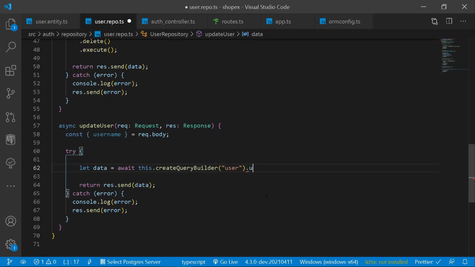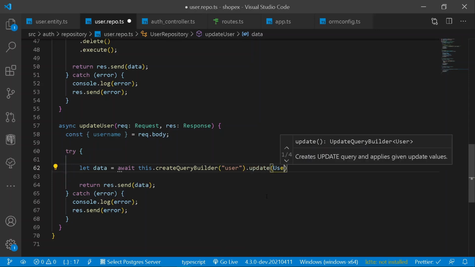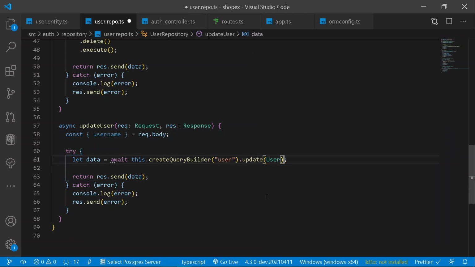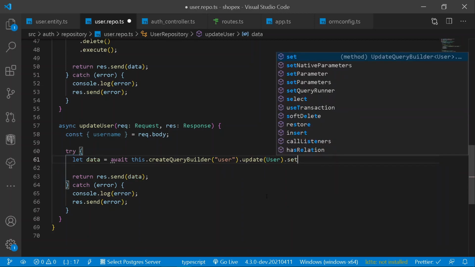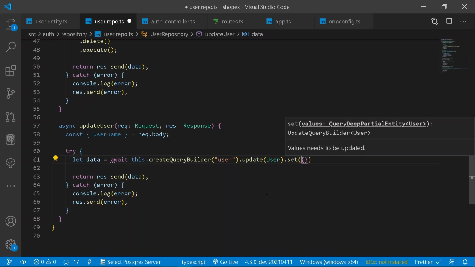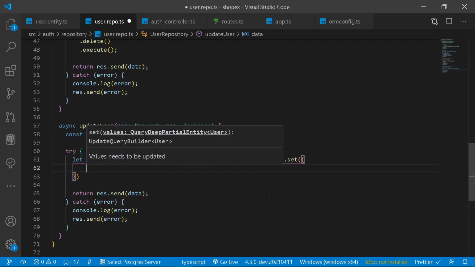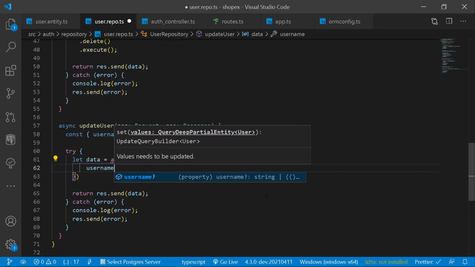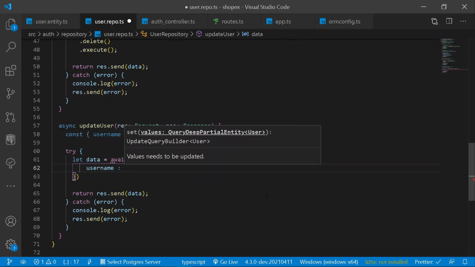After this we should simply say update the following user, just like this, format document first. And after having the update, we should be setting up all of our data. So under this, let's set all the data. First of all, we can update the following username, and the following username should be equal to the username through the parameters that you will be providing.